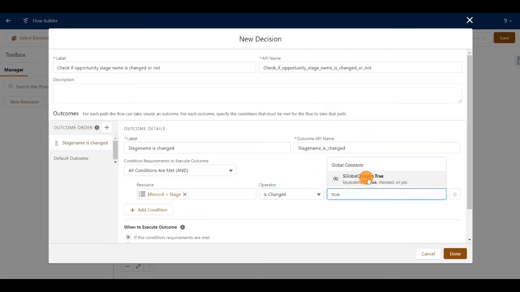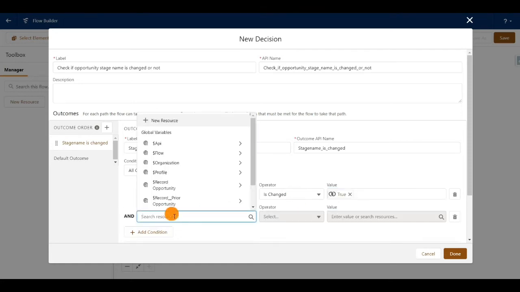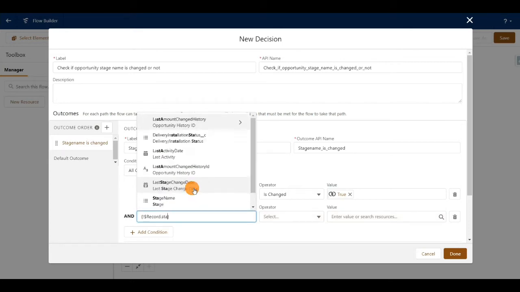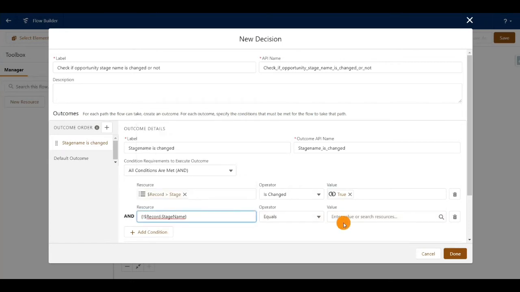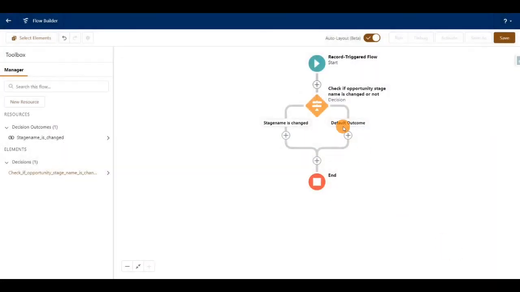That means the end user has modified this stage, and also we need to add another condition here, that is stage name should be closed one, and click on done. Whenever this condition is satisfied, this outcome will be executed, and if not satisfied, the default outcome will be executed. So once this condition is satisfied, like opportunity stage is changed by the user and opportunity stage is closed one, then this outcome will be executed.